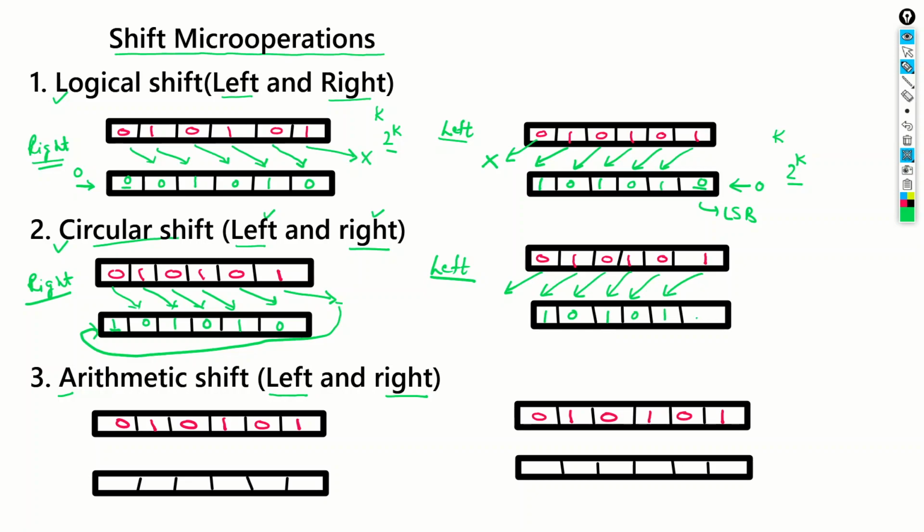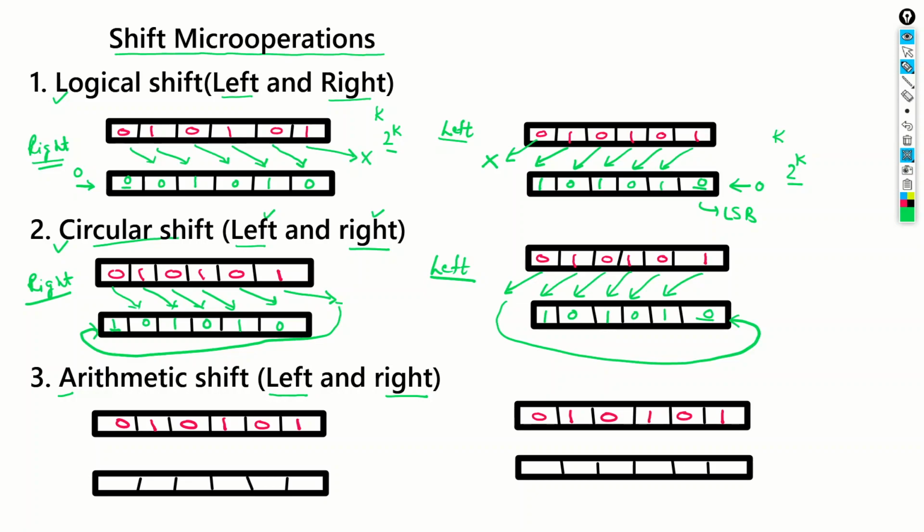Now there is a vacant position on this particular LSB, right? So what will happen is that this MSB will be transferred to this point. So this will become 0. Now the MSB of this bit string will become the LSB of this bit string after the circular left shift, right? So this is actually known as the circular left shift operation. So you see that in both of the cases, there is a circle,